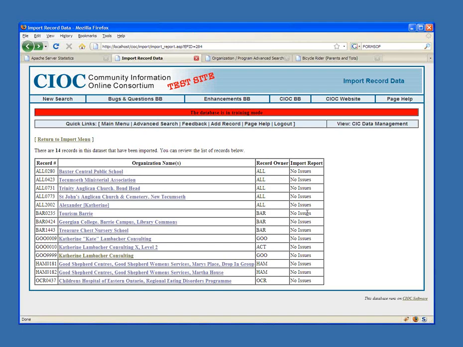One thing I will note is that we have made changes to the import system to allow you to run imports with less impact to your own database. We have to complete that process, which I'm sure we'll do sometime this week. But even though you can run these imports without completely locking down your database, we still recommend that you run these imports not at peak operating hours, because it will slow down your database and potentially other people's databases as well. So I would encourage you, you can load the file at any time, but to not run the file